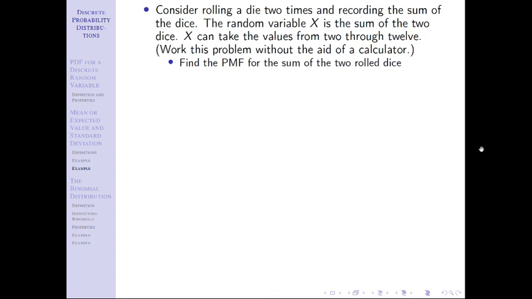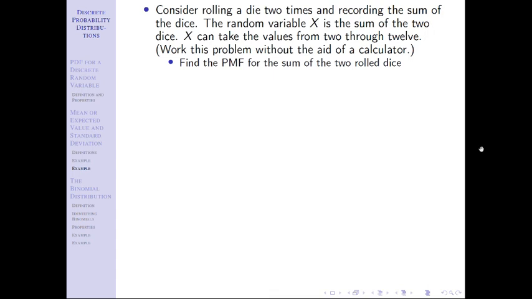It's going to be some fun fractions, might stretch your brain a little bit, but a calculator is not needed on this problem, though if the fractions get hairy enough later, you might wish you had one, but you don't need one. First question says find the PMF. Now, previously I gave you the PMF. This time I'm asking you to find it.